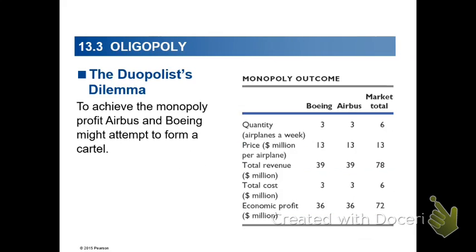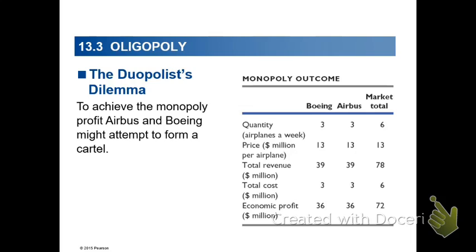Okay, let us now look at one of the most popular and common oligopoly models in economics. It is called a duopoly model, where there are two firms making decisions about how they are going to dominate the market. These firms are engaged in intense competition, but they also understand that they have interdependence, right? The example is Boeing and Airbus. They know that whatever Boeing produces will affect Airbus's profit level and vice versa.